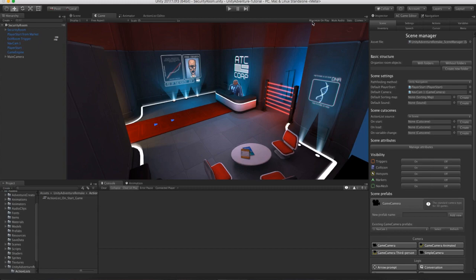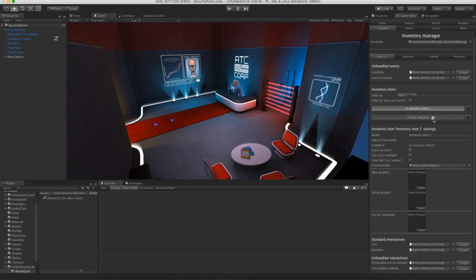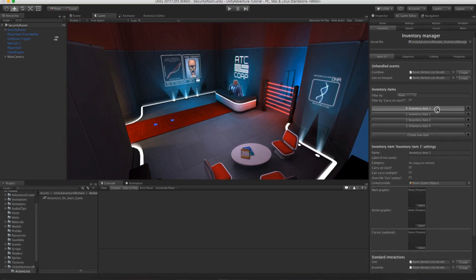Before we start building our game's logic and the puzzles and NPCs and so on, we're going to make it so that we already have an inventory to work with. We can define our inventory, that is the items that the player can pick up, here in the Inventory tab. Our first sub-tab here is Items, and in here we can create 4 new items. The first is going to be the coin,